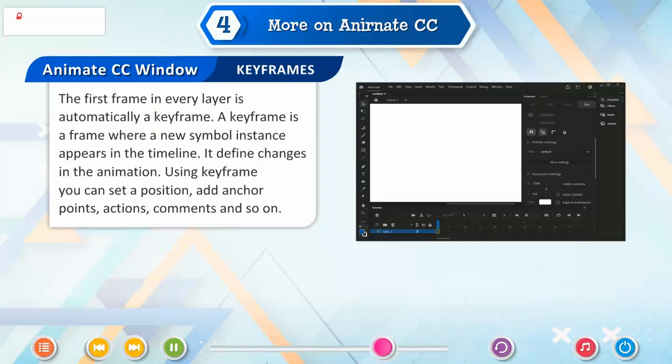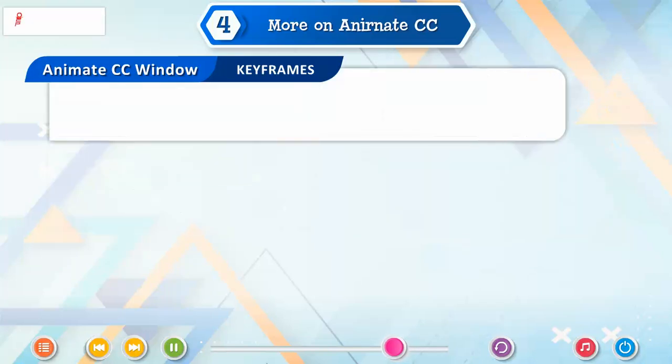Keyframes. The first frame in every layer is automatically a keyframe. A keyframe is a frame where a new symbol instance appears in the timeline. It defines changes in the animation. Using a keyframe, you can set a position, add anchor points, actions, comments, and so on.